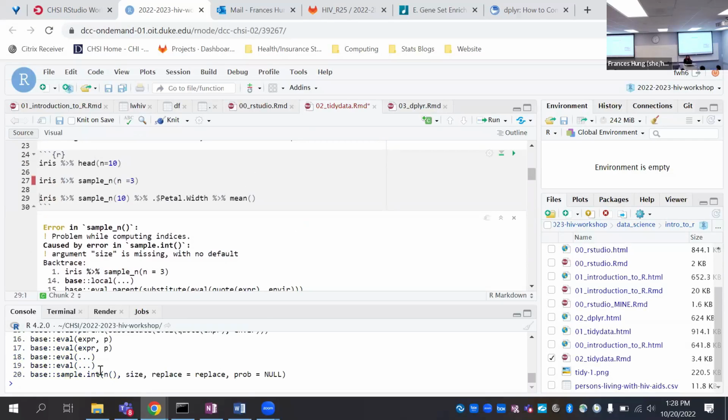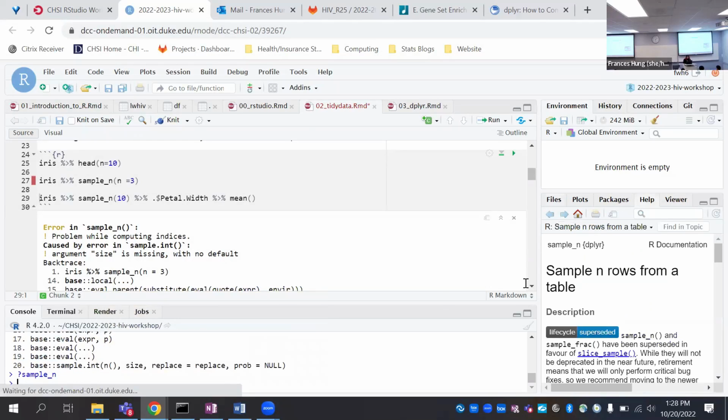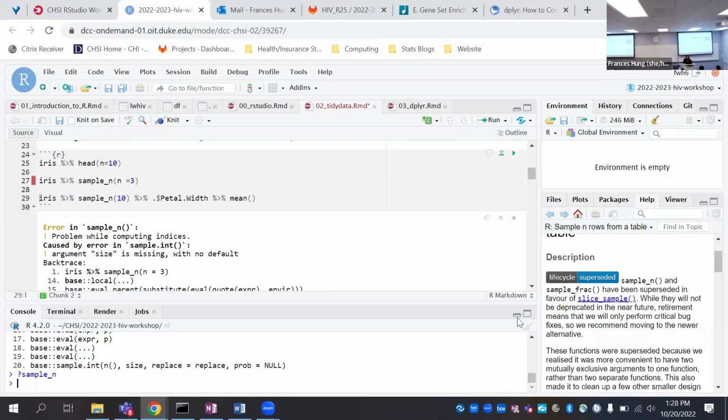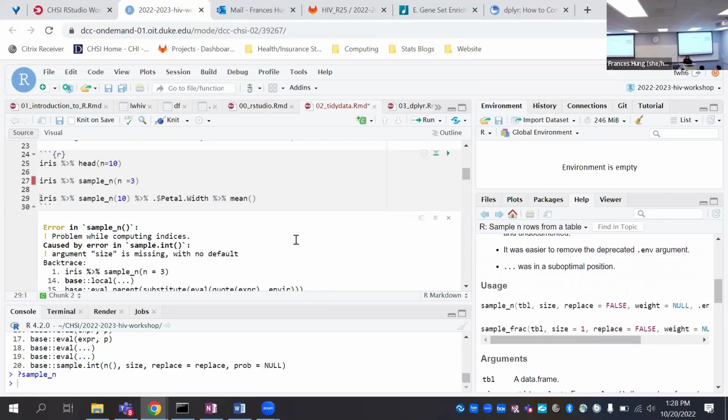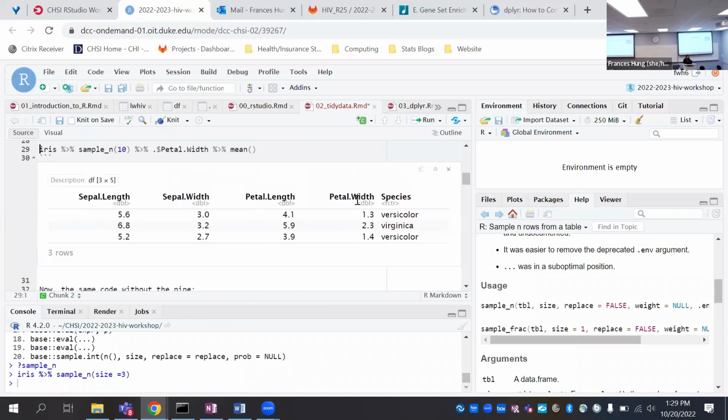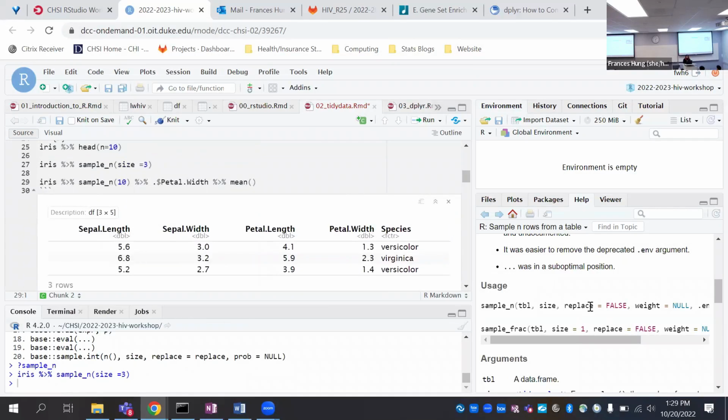This is a good example of when to use the question mark command to make sure that we are giving sample_n the correct parameters or arguments. Also looks like it's been superseded. It's size, not n, so go ahead and type in size equals 3.